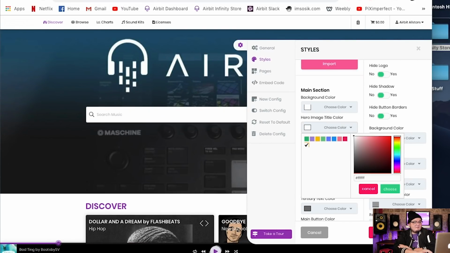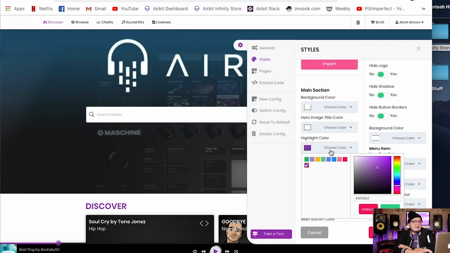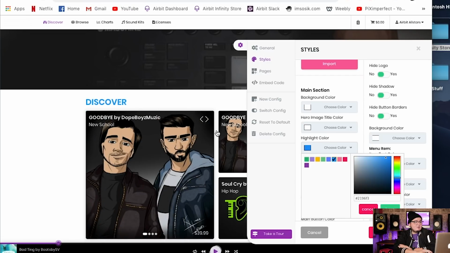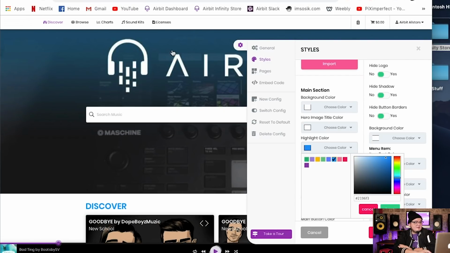Which I don't think we have one because we took it out. So we'll leave that at white. And we go to highlight color, and this is going to be the titles of each section. As you see, we can change it, but I want to go ahead and match it up with the blue. So I like the blue here. I'm willing to stick around with that blue color just so it stays cohesive to the hero